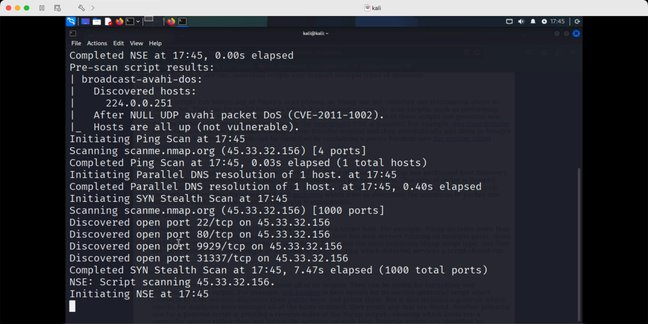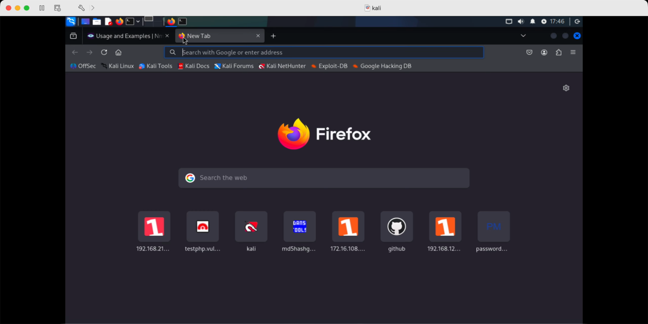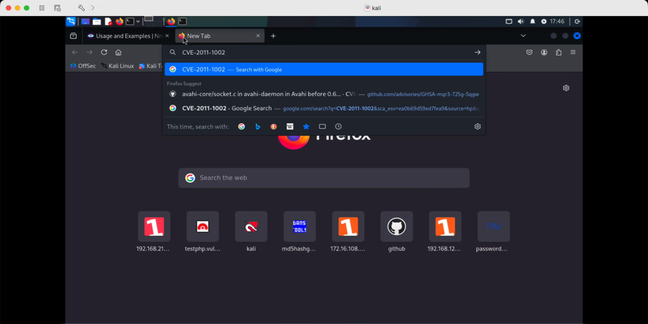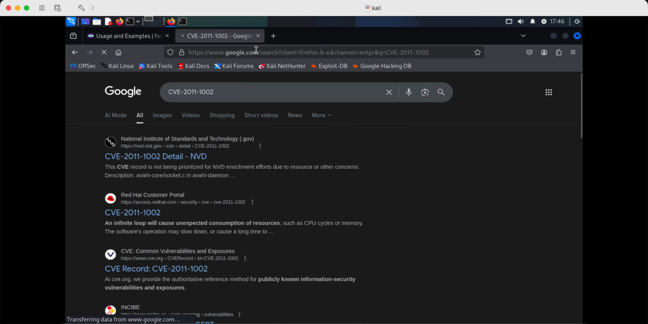Now here we can see that we have got one of the CVEs, that is CVE-2011-1002. That means we have got one of the common vulnerabilities and exposures. Now what is this common vulnerability exposure? It is a unique identification of that vulnerability, and it is published with the year in its name, that is 2011. So if I just search CVE